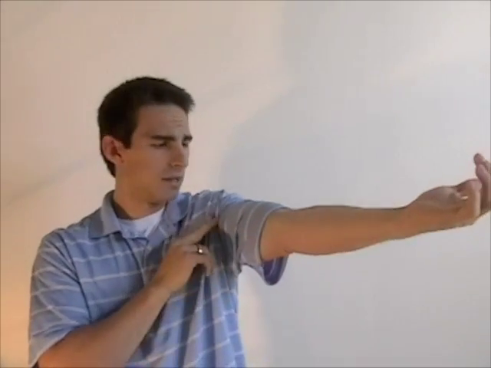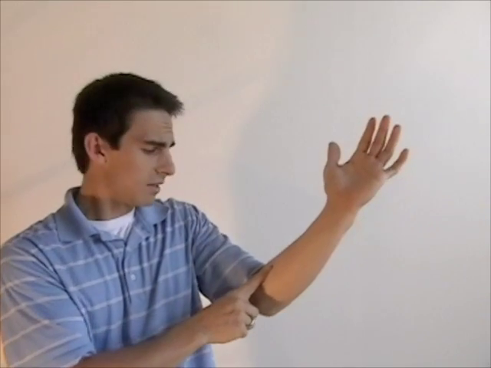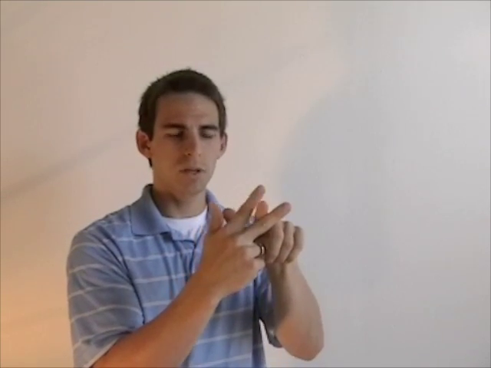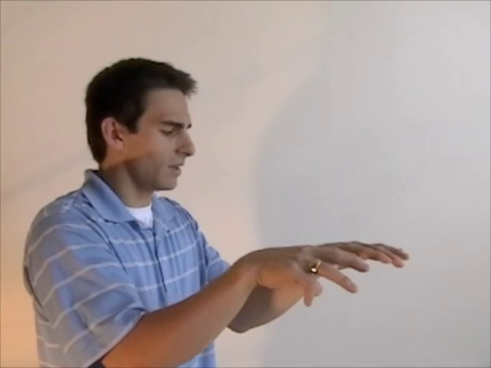The second most common one is down here at the pronator teres. When you consider the pronator teres, it also has two heads. So again, just like this, the median nerve is coming straight through, and when the median nerve gets pinched down by the two heads of the pronator, it also causes neurological symptoms. So when you consider what the pronator teres does, it pronates the hand. So people working at a desk are like this a lot,